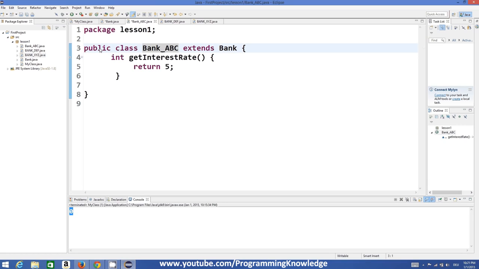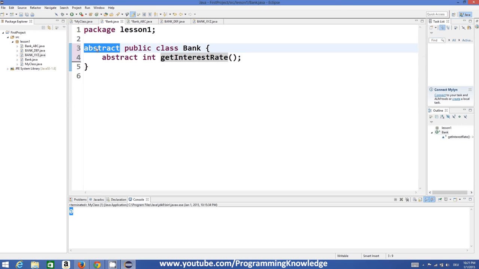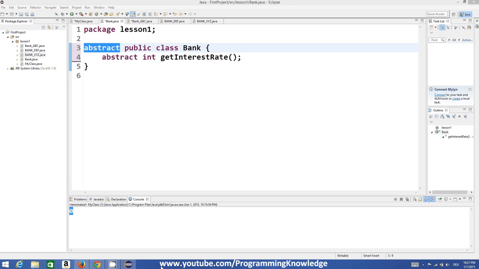So if you don't add the abstract keyword before a class, it's concrete because it can be instantiated. And if you add the keyword abstract before a class, it makes the class abstract, which cannot be instantiated. So I hope you have understood the basic concept of abstract and concrete classes,